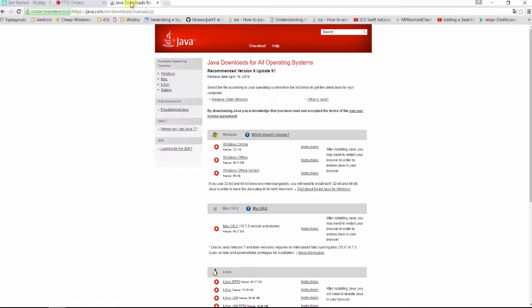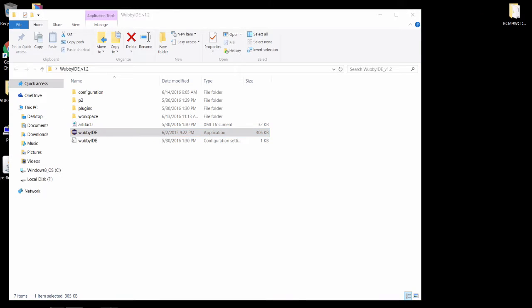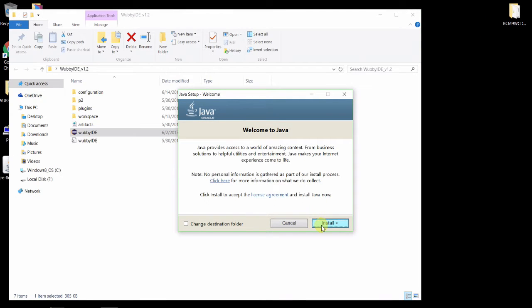To install Java 8, please visit the java.com website and download the relevant version for your system. It's advised to download the offline version. After the download is finished, open the Java setup and follow the installation instructions to complete the setup.